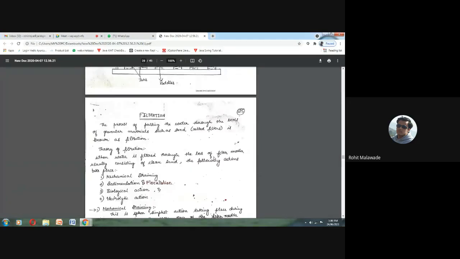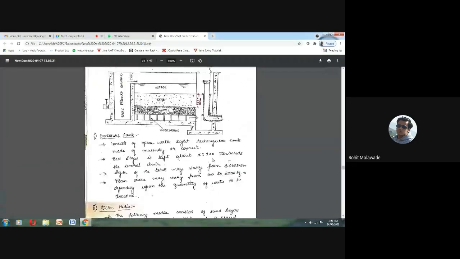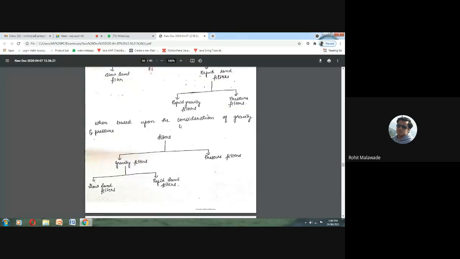As I have told, the fine suspended particles are going to get arrested in this particular material. If we have the sand layer at the top, very fine suspended particles are going to get arrested in this top layer. If any organic matter is there, it is going to give you the growth of larva or growth of some microorganisms. So this is going to create a bad impact on your filter.